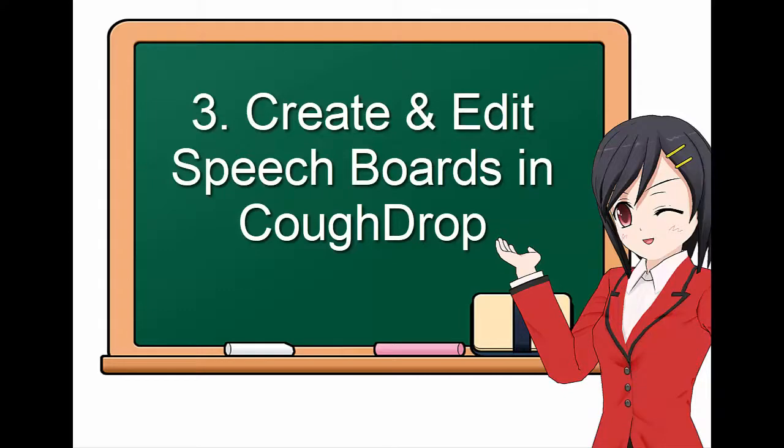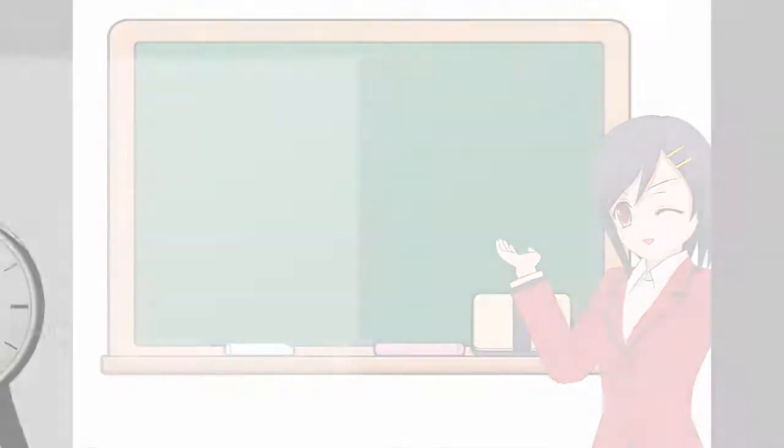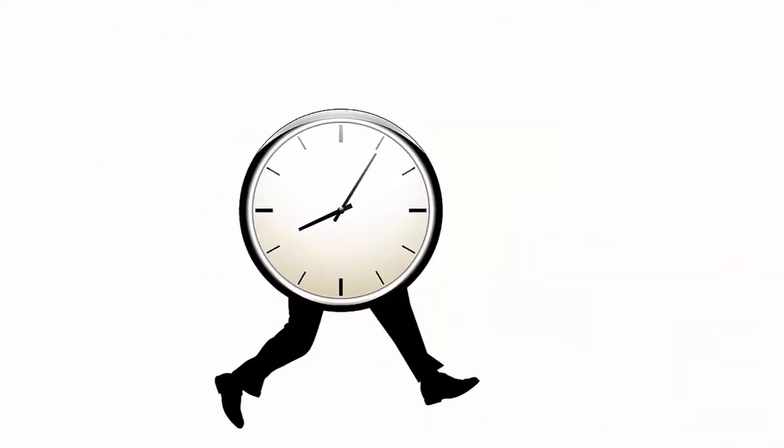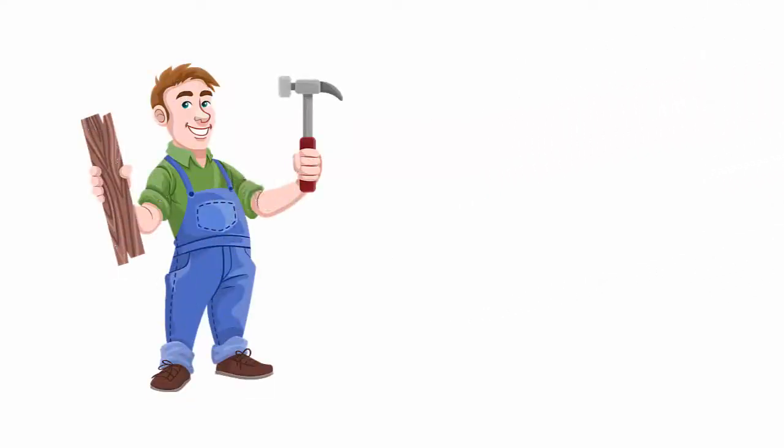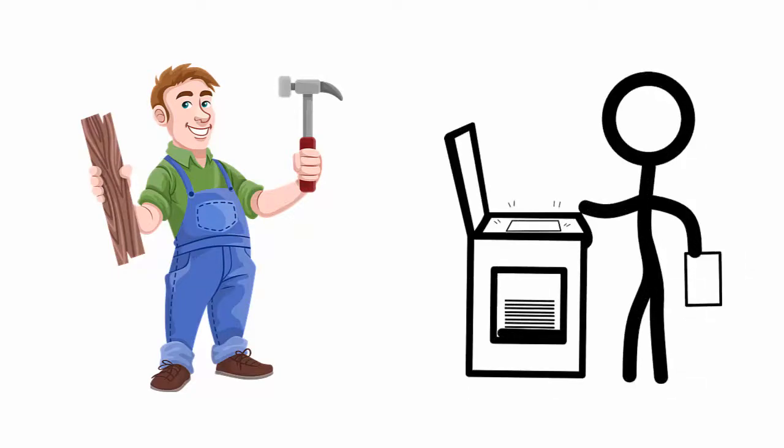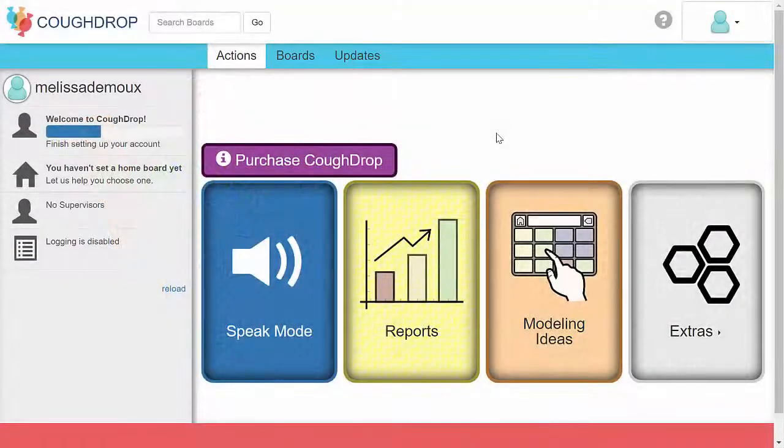After all, that's kind of the whole point of AAC. Get ready, this section has a bunch of stuff to tell you about, but I'll try to keep it to only the best bits. You can create a speech board from scratch to fit specific needs, or you can copy an existing board shared publicly within CoughDrop and then personalize or edit that copy so that it has the options you like. You can search for a speech board within the CoughDrop program using the search bar at the top